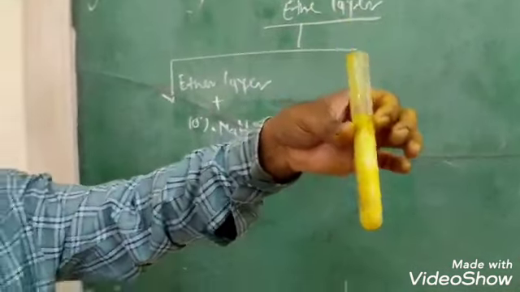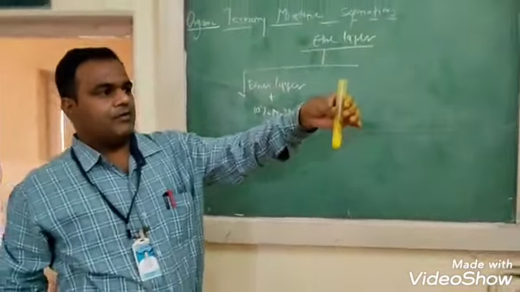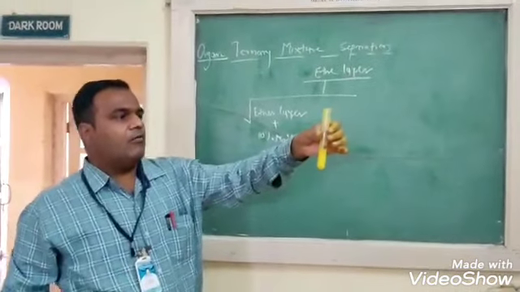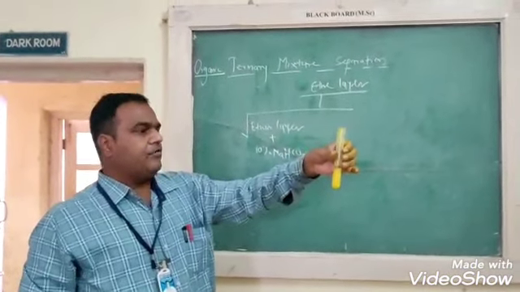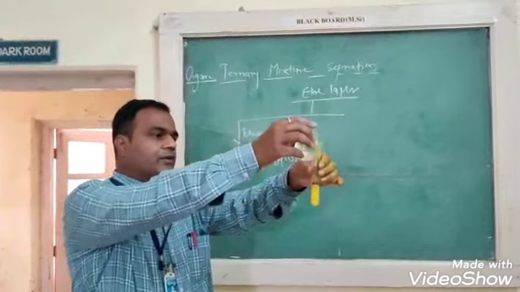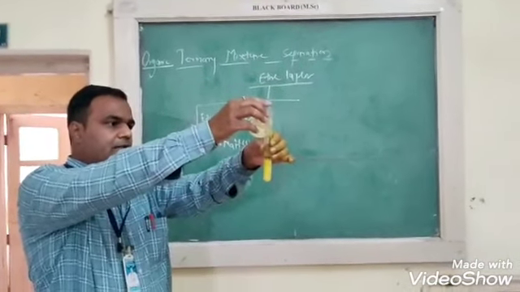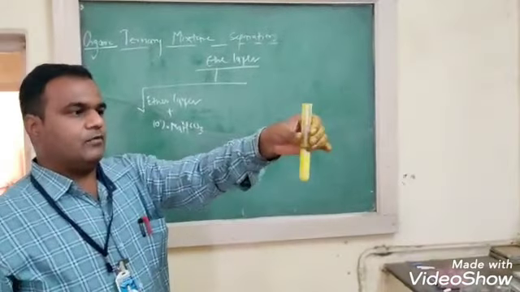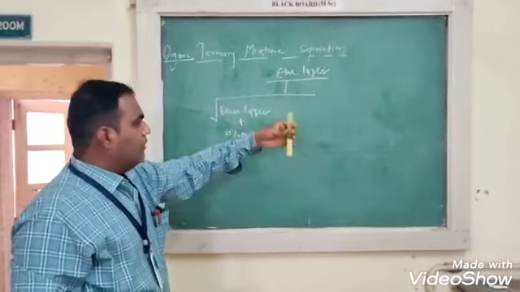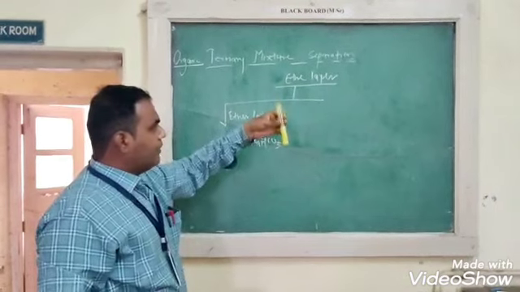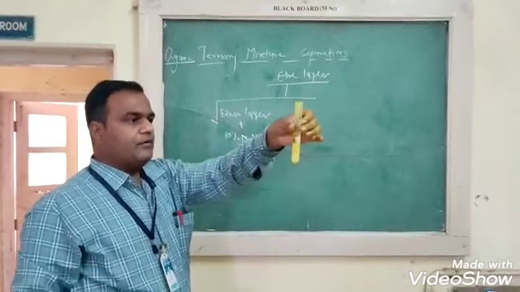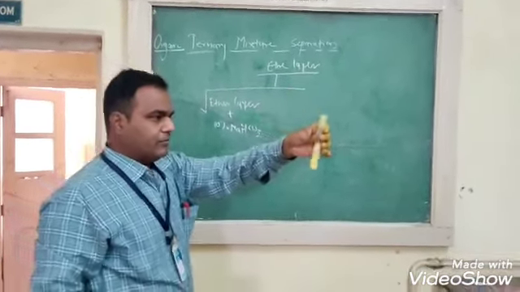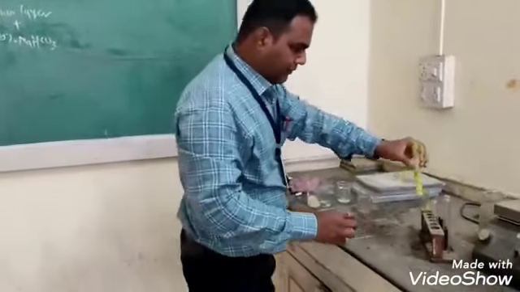Now see, there is a formation of white PPT. It means that in our ternary mixture, one component is acid, and that acid is confirmed here by the white PPT. So in our given ternary mixture, one component is the acid. Okay, so this is the white PPT for the acid.